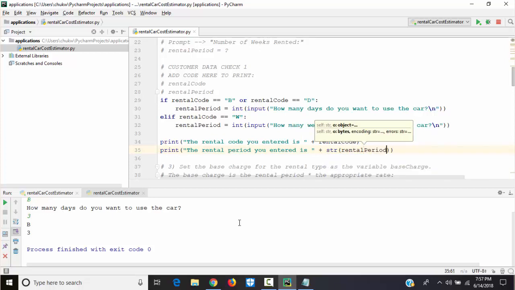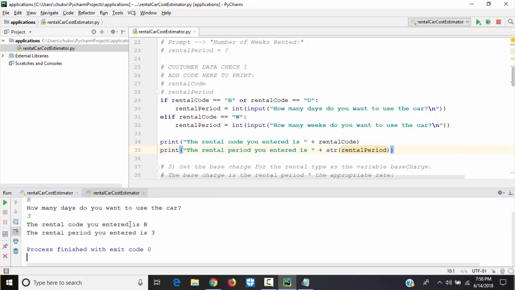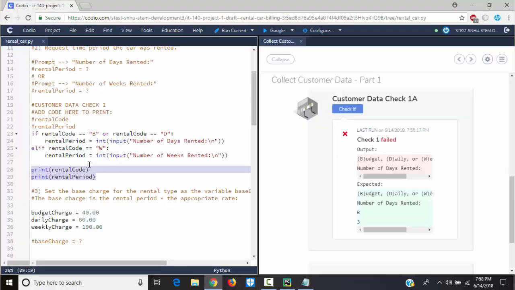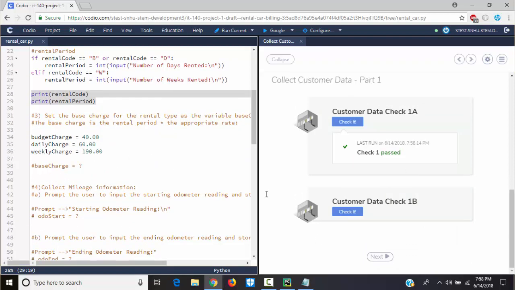This is one of the several ways we can put this. If I run this, B, 3. It tells me that the rental code you entered is B, the rental period you entered is 3. So I think this is what they want here. Check it. Yo, passed. Thank God.